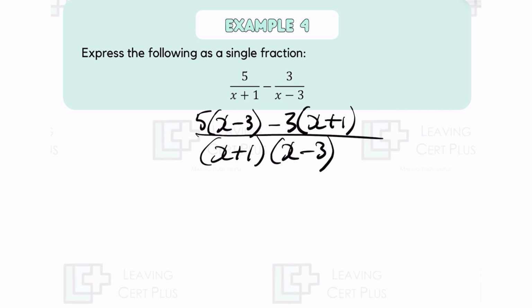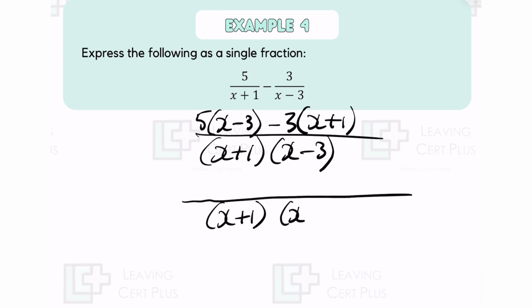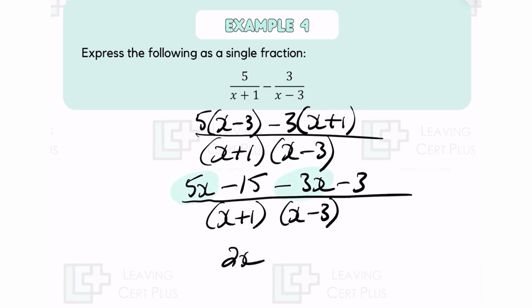So what I mean by that is the bottom is going to stay exactly as x plus 1 by x minus 3. You're going to be doing example number 5, so make sure you concentrate on how to start this question. So 5x minus 15 minus 3x and then minus 3. Highlighting the like terms, we would have 5 and we'd have take away 3. That will leave you with 2x. Minus 15 minus 3 is minus 18, all over my bottom of x plus 1 times x minus 3,